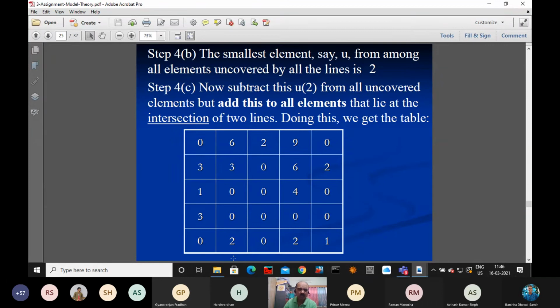Now we are coming to the second column, since the first column is done. There are two zeros, we cannot. In the third row we have already done. So now the fourth one, you can see there is only one we can assign, this one. Once you are assigning this, we cross out this one. Now, what is happening to this one?